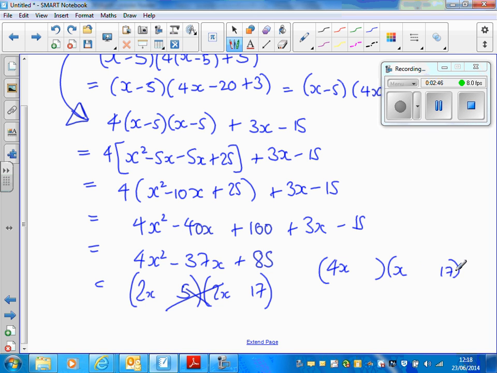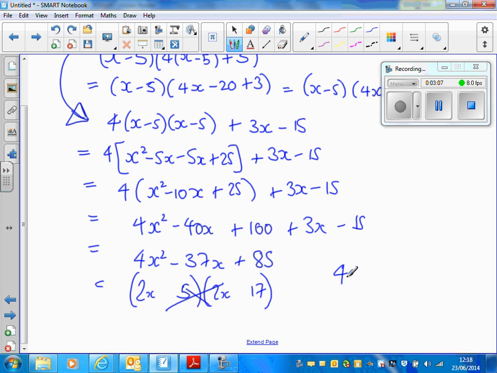Okay, if I try 4x though, and x, and again 17 times 5, well, I can see that if I put the 17 there and the 5 there, well, 17 times 4 is actually going to be 68. That's going to give us 68x. That's going to give us 5x. Again, we're not going to make 37x from that. But if I swap things around a bit,